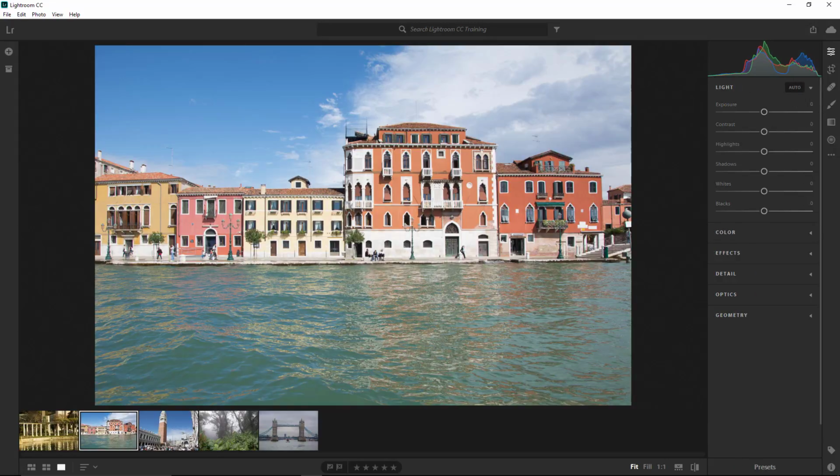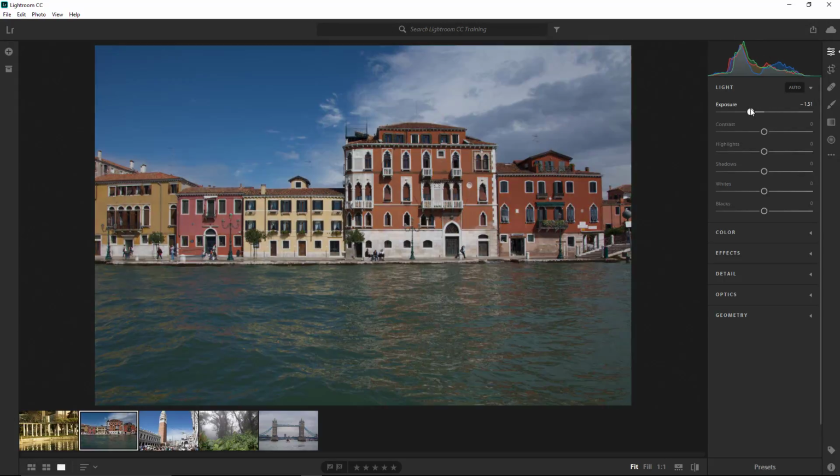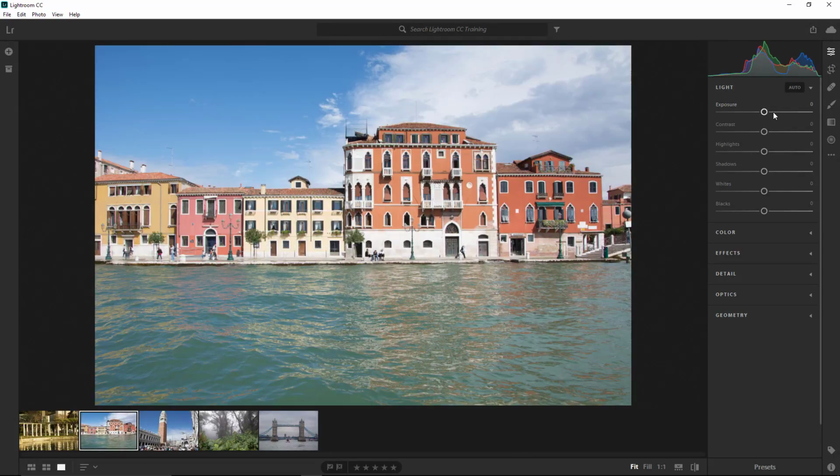And of course, photo adjustments are all subjective. The point of this video is to show you the features of Lightroom CC, so we will spend more time working with the tools rather than the look of the final photo. I recommend to always start with exposure, but in this case, we really do not need to make any exposure adjustments, so we will move on to the highlights.